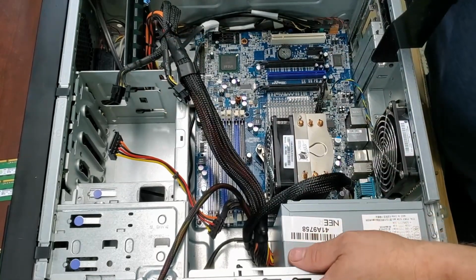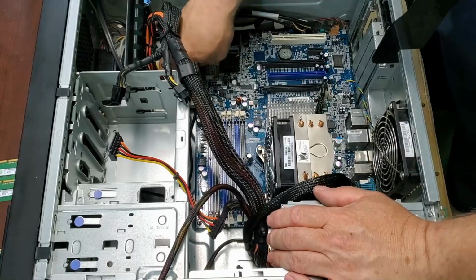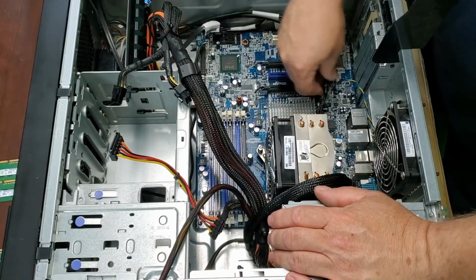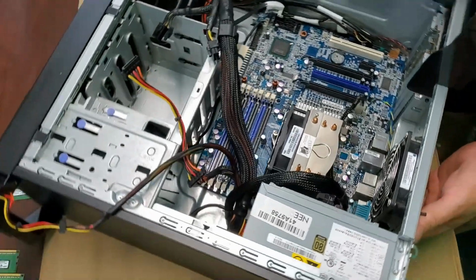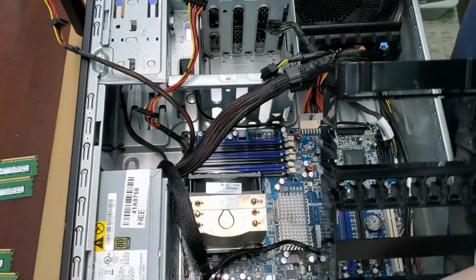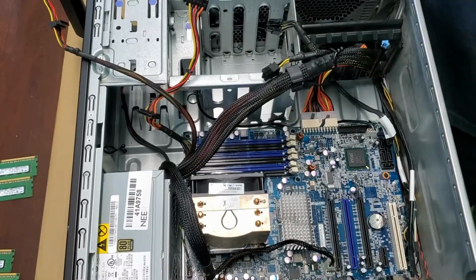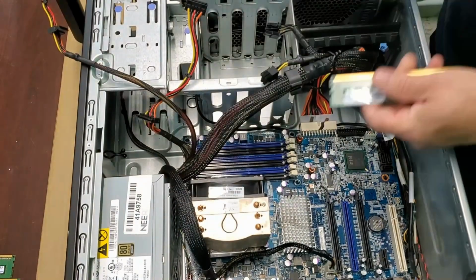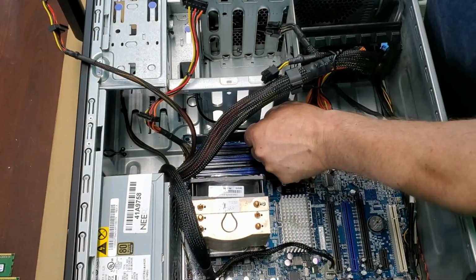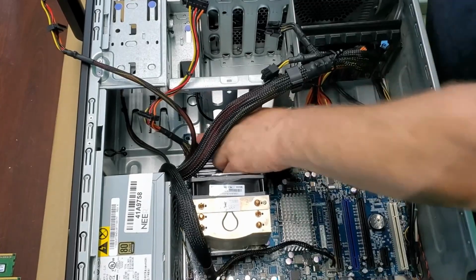So enough about that. We've got the PSU in. We've connected it to the motherboard, so everything's ready there. Let's spin this little case around, and we need to get in the memory. So 12 of them. If you're not going to be putting them in every slot,